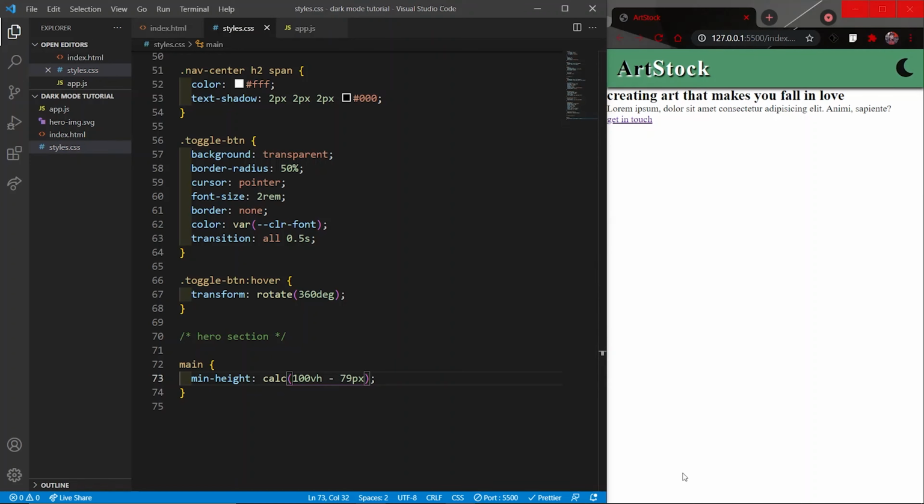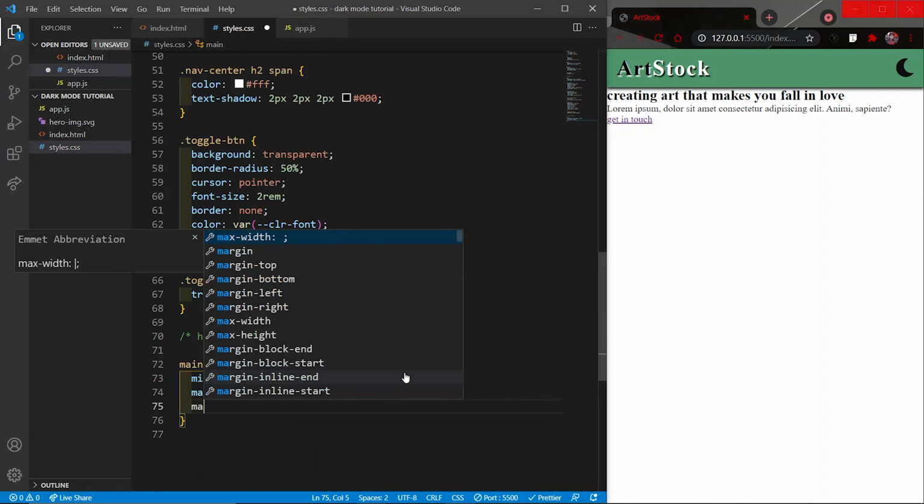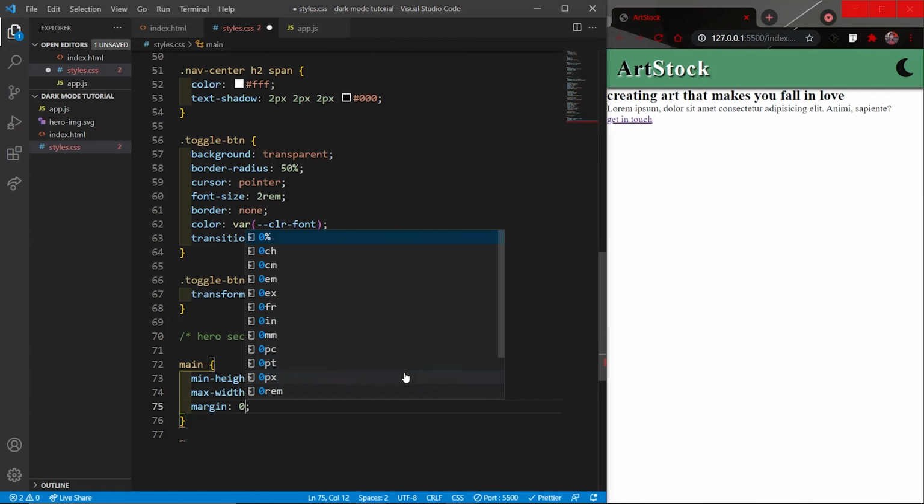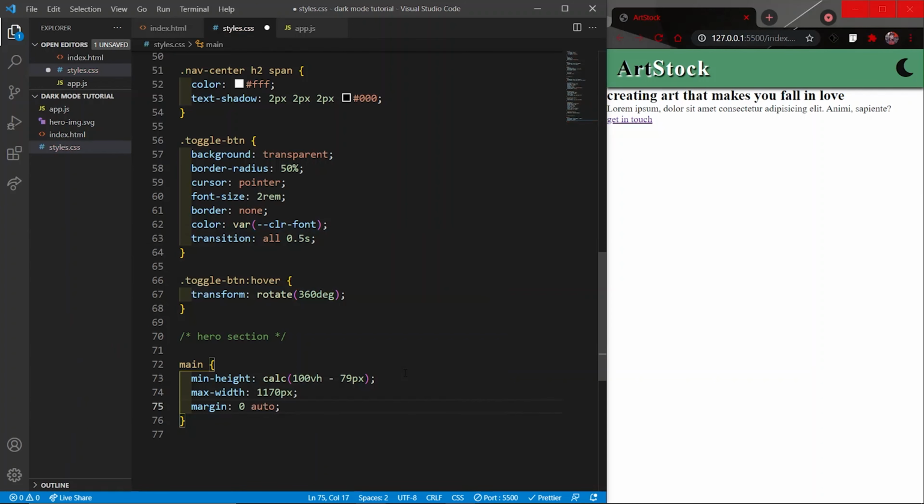So it can take the space on the whole page. Then I will give it a max width of 1170 pixel again. And again we want them to be in the center. So I will use margin, 0 and auto.